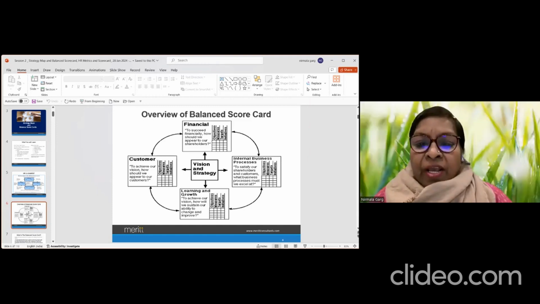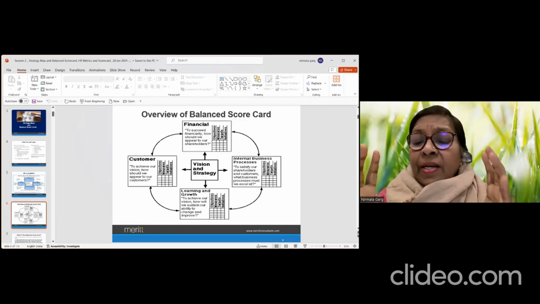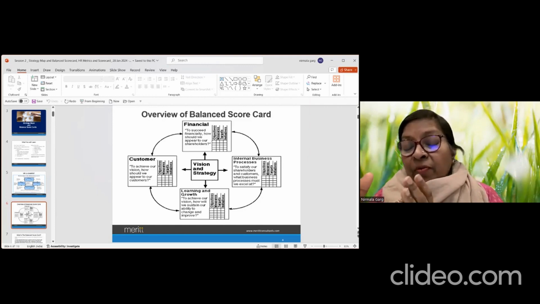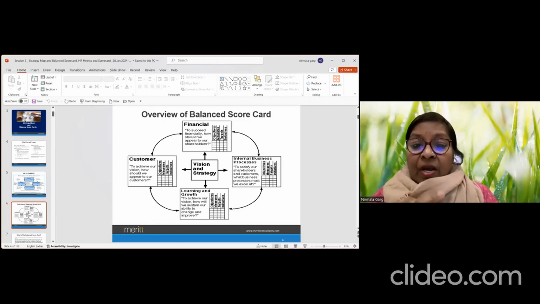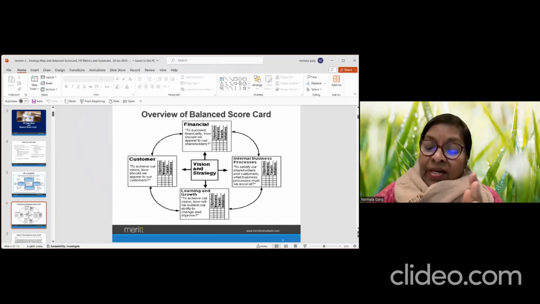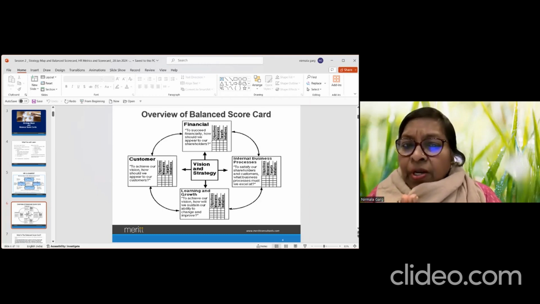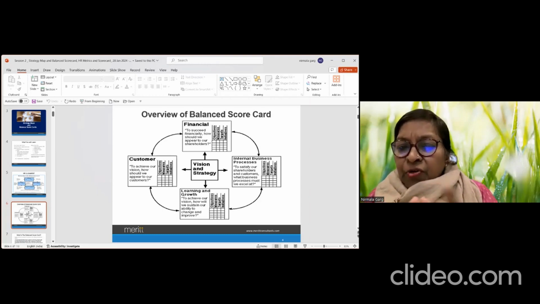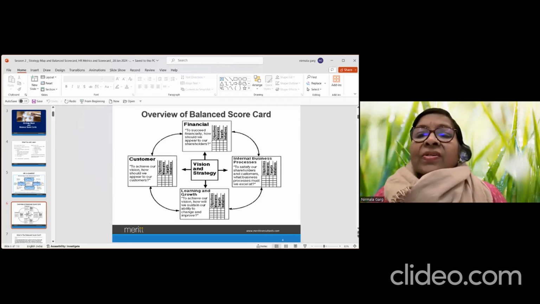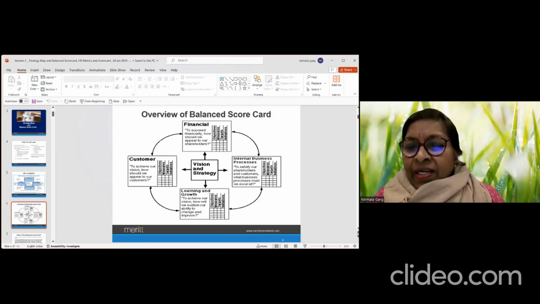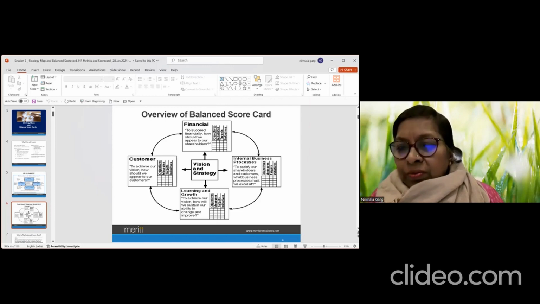Okay. All right. So today we are not going to learn entirely in detail about balanced scorecard to that extent, because balanced scorecard essentially is used for performance management. So we're not going to go to that extent, but so that we are able to understand and create a linkage with HR analytics. This is how it looks visually. Please mark these words, balanced scorecard. When I say scorecard, that means it is a report card. It's a measuring tool.